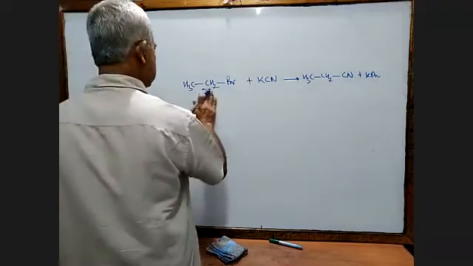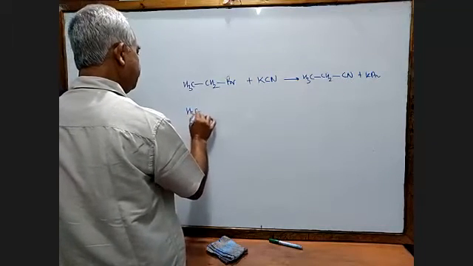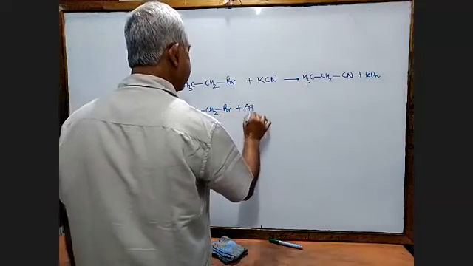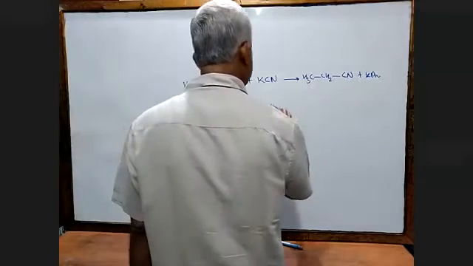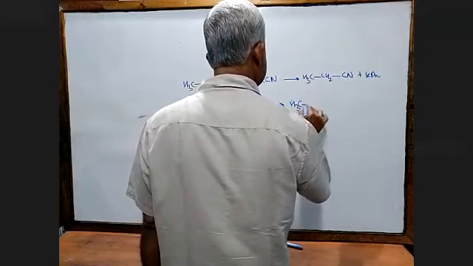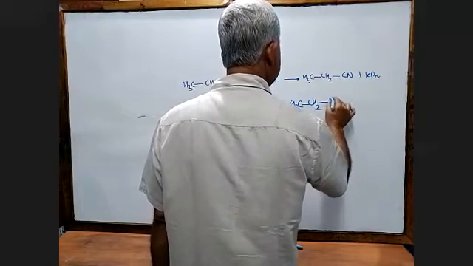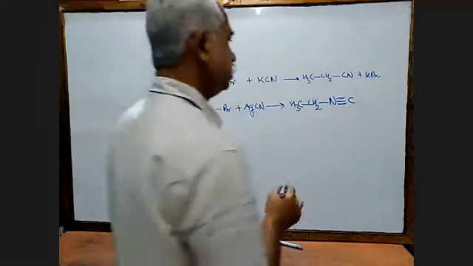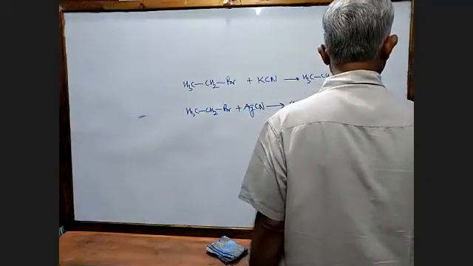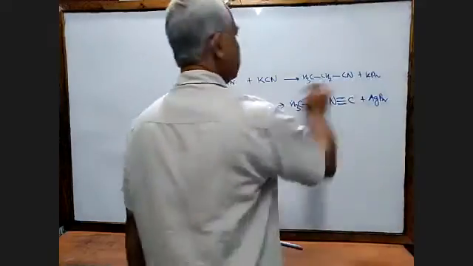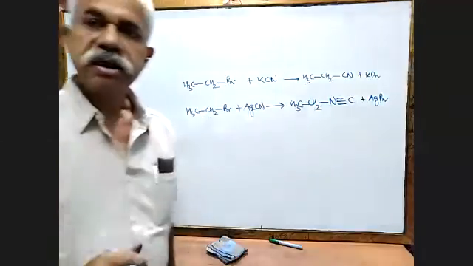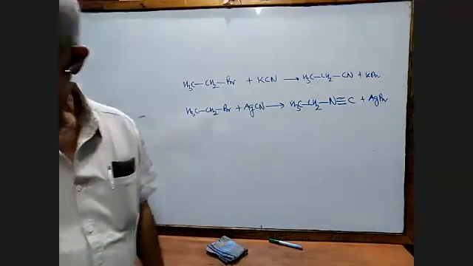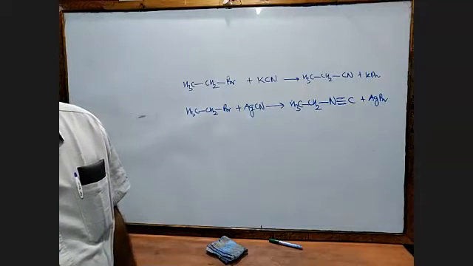But it's very interesting. If you have treated this with silver cyanide, which you have already done in school, what are you going to get here? CH3, CH2, but here you find it is bonded to nitrogen. You get silver bromide. This is called ethyl cyanide, and this is called ethyl isocyanide. Okay, I think it has already been explained to you.